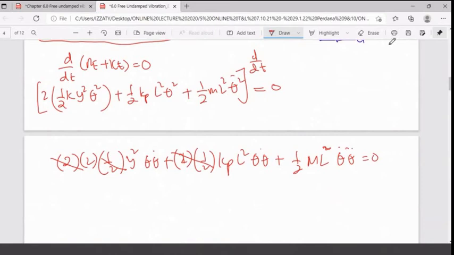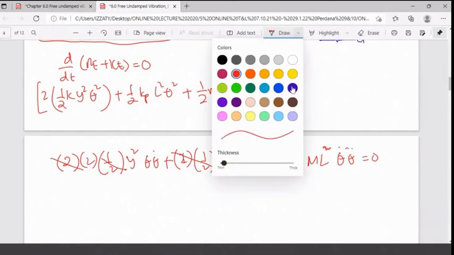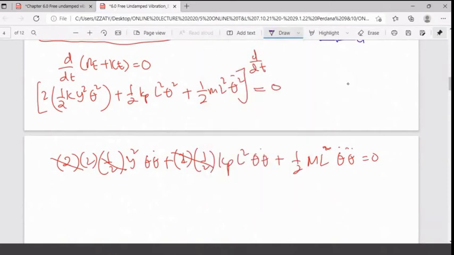I miss one. This is very typical. Sometimes I miss one term. What do I miss here? Could anyone tell me? I miss one term, one parameter. K. Where is the K now? K is here. Supposed to be here. I left K out, isn't it? Then it is correct. K y square theta, plus you have this one Kp L square, another theta, put it in bracket, theta dot plus this one is